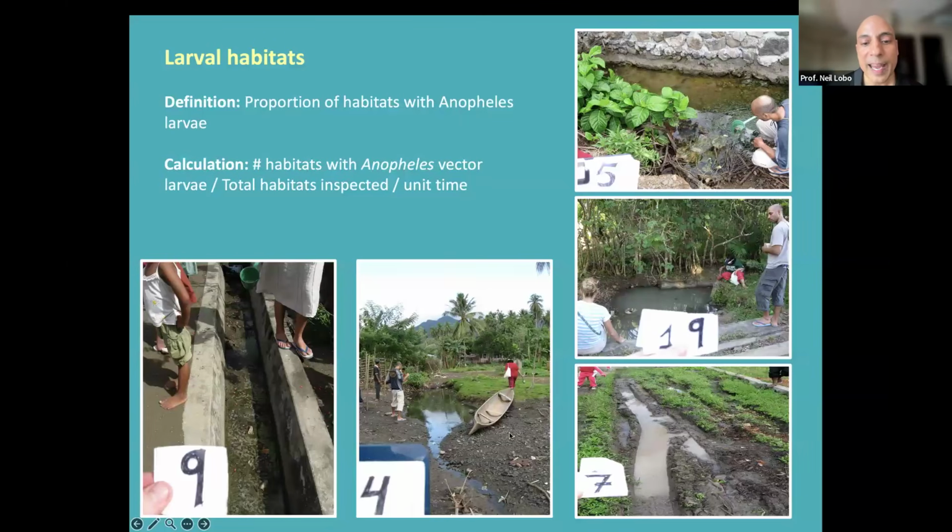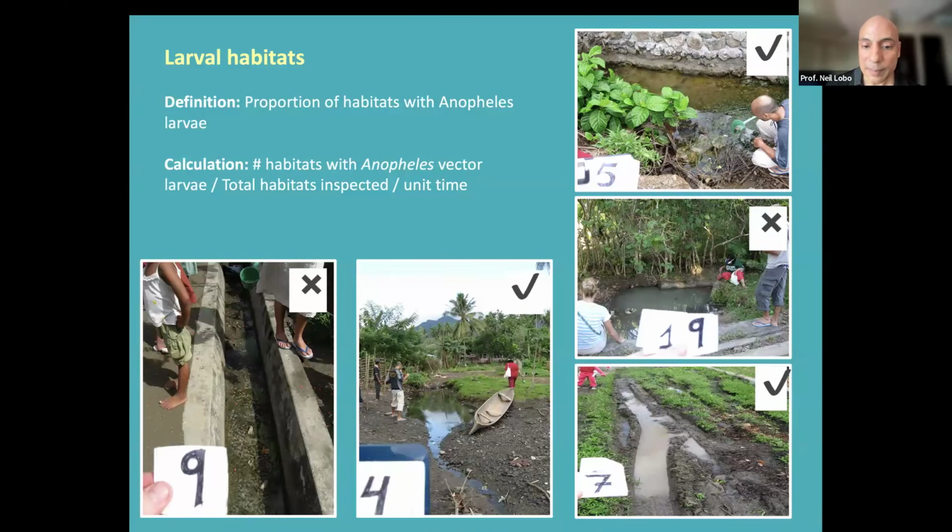So over here, we were trying to characterize mosquito sites because there were huge larval interventions, LSM, and this was in Halmahera in Indonesia. And what we found is we went through all the potential larval habitats, and we mapped which ones actually had larvae in them. If you look through these sites and try to imagine which ones actually had larvae, you might be right, you might be wrong, but in the end, the data demonstrates which ones actually had larvae. And those were the ones that had larvae.